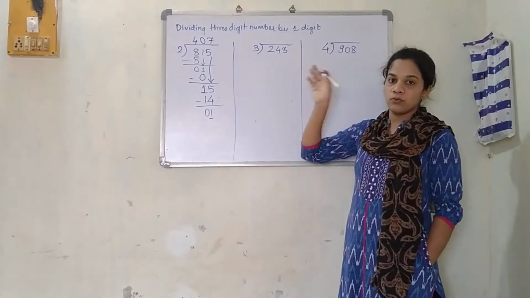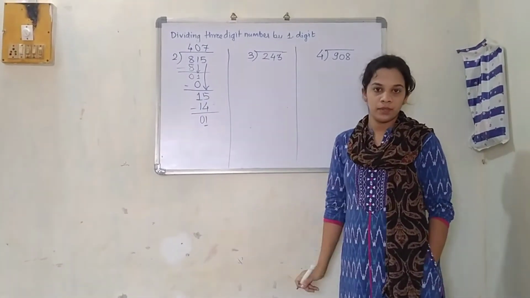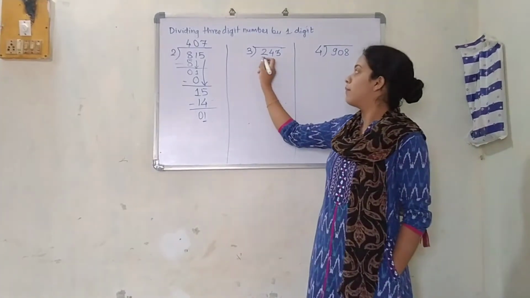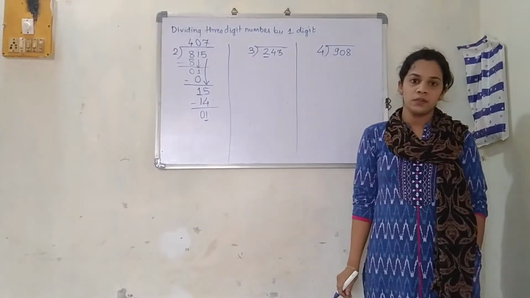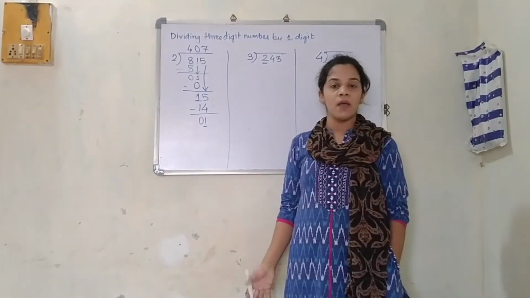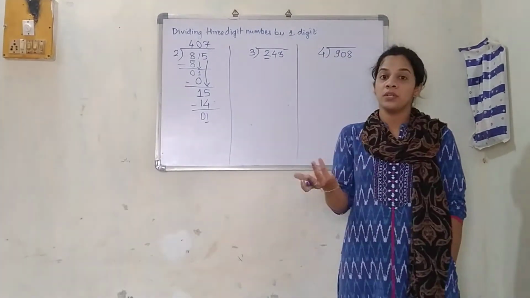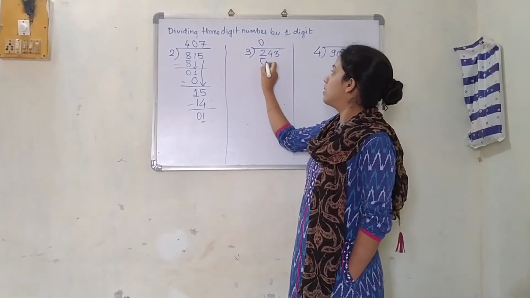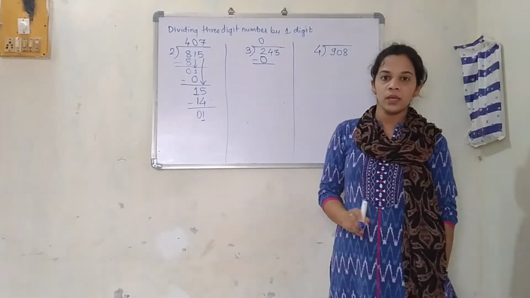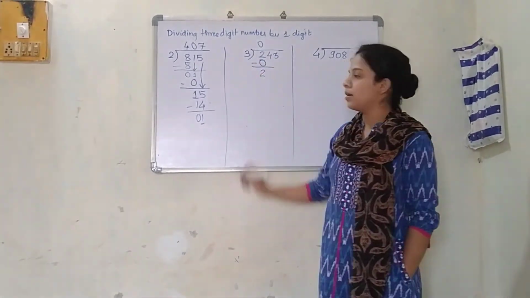Now we are supposed to divide 243 by 3. Just focus on the first number, I have told you. Now, in 3's table does 2 occur? No, 3 ones are 3. I have told you, when it is not coming in that table, what is the option for us? 0. 3 zeros are 0. Okay? So 2 minus 0 is what? 2.